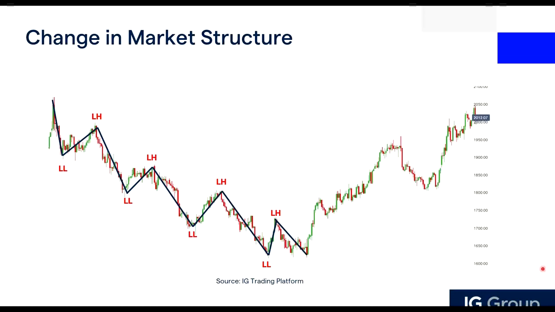So when prices are in a downtrend, this is being formed, and what happens next is that you notice the last lower high, if there's a change in market structure, meaning instead of forming a lower high and lower low, prices have broken above this previous lower high. Then if it breaks above, this is actually the first indication that the trend may reverse. And I use the word may because it may not happen.